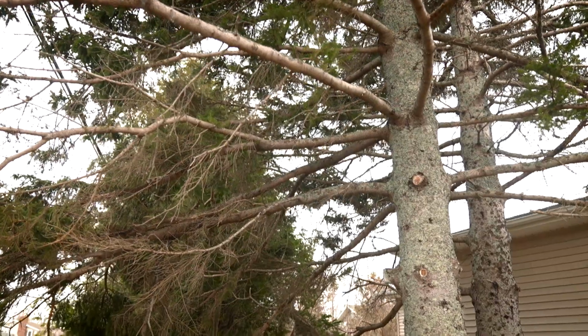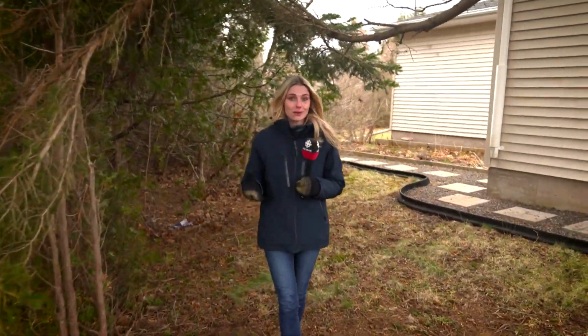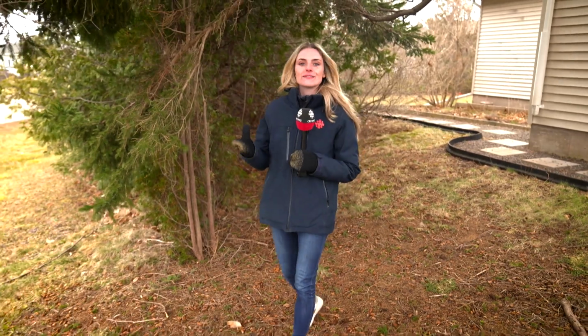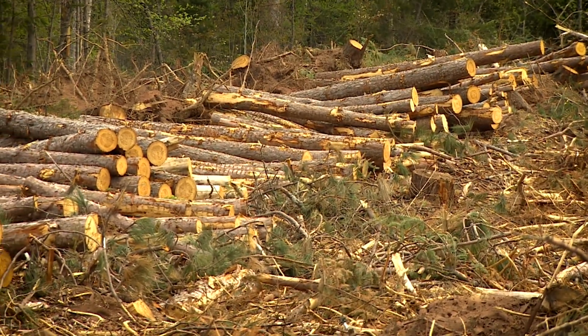With the weather warming up, you might be getting ready to do some spring cleaning around your yard. And it's wildfire season too across Canada, so firefighters are hoping that you'll keep that in mind at the same time. Now, there's still lots of dead branches and debris around like this from post-tropical storm Fiona a couple of years ago. And they say there's some small things that you can do that'll go a long way in protecting your